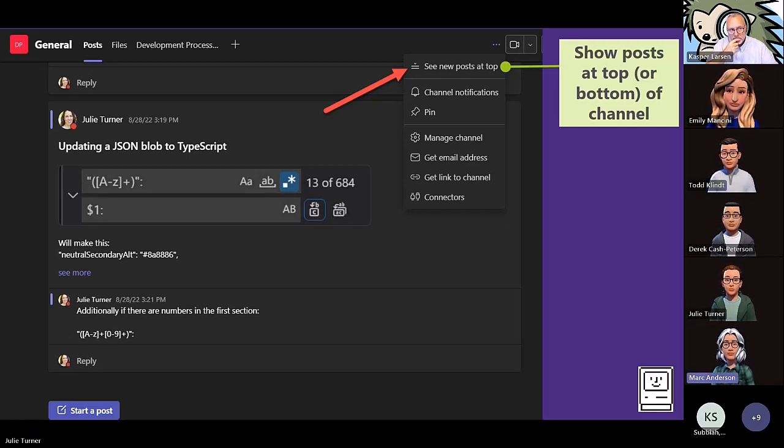Right. Well, and hopping from tenant to tenant is a bit jarring because different tenants are in different sort of rollout stages, right? Some don't have the new Teams, so you're going to have things the old way, and some have the new Teams, and so they default to the posts at the top. So you just have to sort of get used to setting your option as you hop from tenant to tenant. And I know that most people don't hop from tenant to tenant, so I'll also probably say less of an issue. This particular feature on the Mac, while it says you can change it on every channel, when you set it for one channel, it sets it for all the channels.